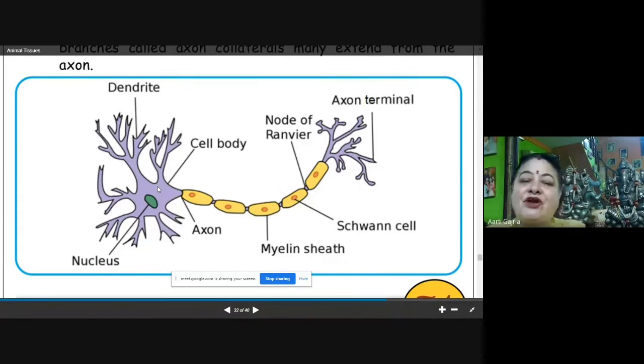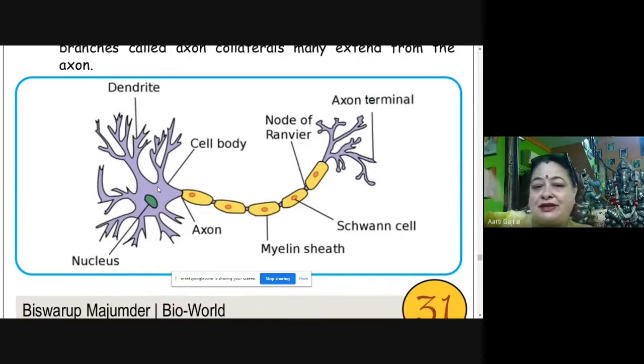Like suppose if I tell you to stand from one place to another place, all of you with your hands joined, and I will give a message to one of you, the first child, in his or her ear. So you have to convey that message to each and everyone so that it reaches the last one. So similarly, the nerves are also working in our body.